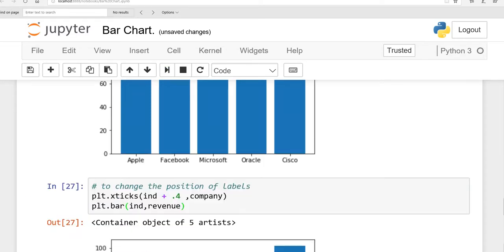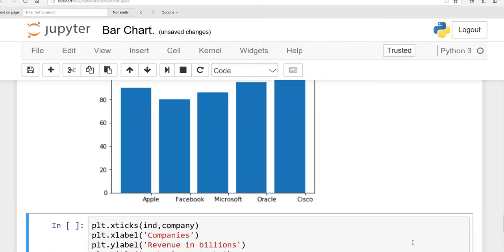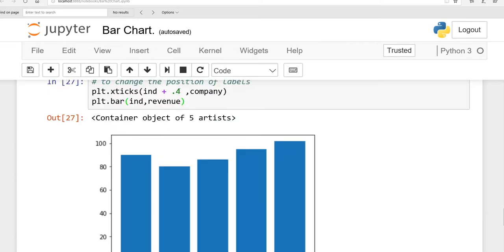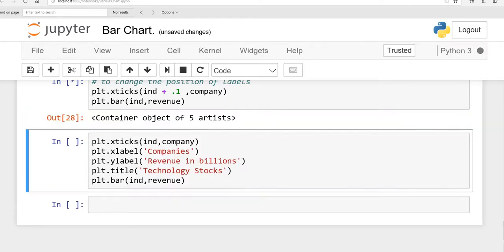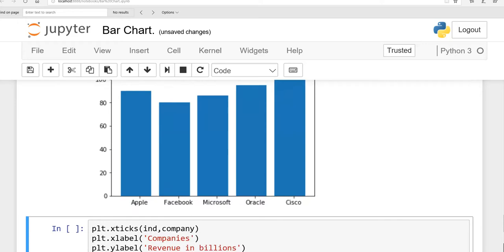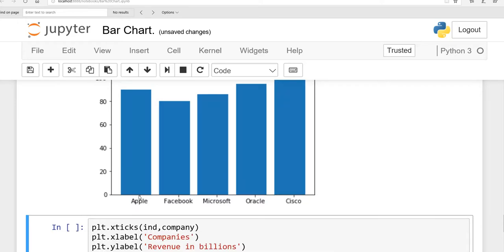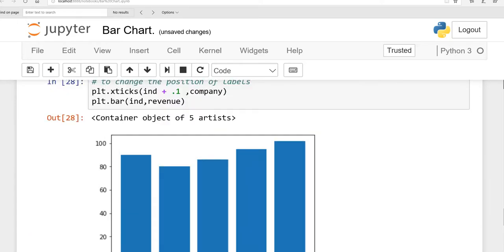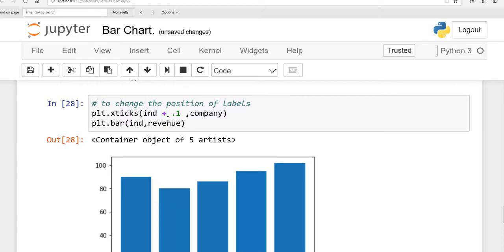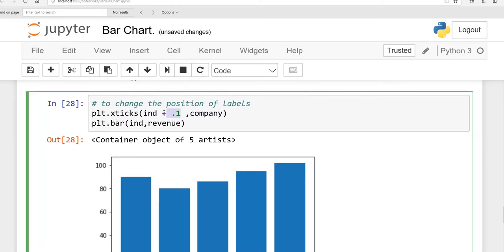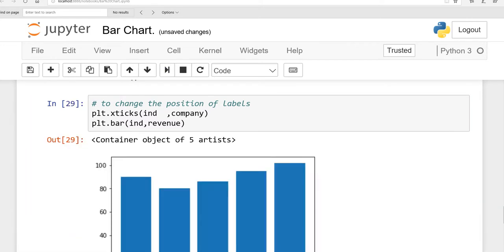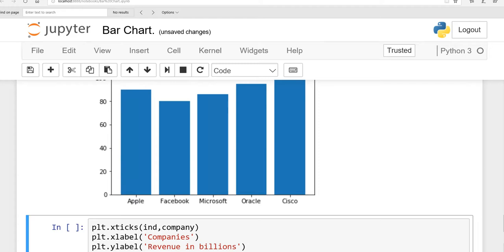Actually we do not need to move them because our names are perfect here, but I want to show you, right? See, now Apple is here, Facebook is here. Now if you want to set it back, or if I say okay, make it 0.1, see what will happen for 0.1. It will move to the left side. So it means if your names are not in the proper place, you have to add or subtract something here with the xticks function. But in our case we are fine, so we do not want this. Delete this and run. Our names are in the center like this, right?